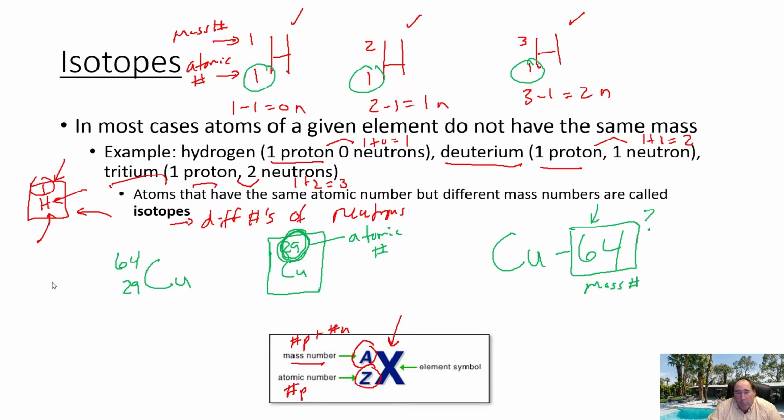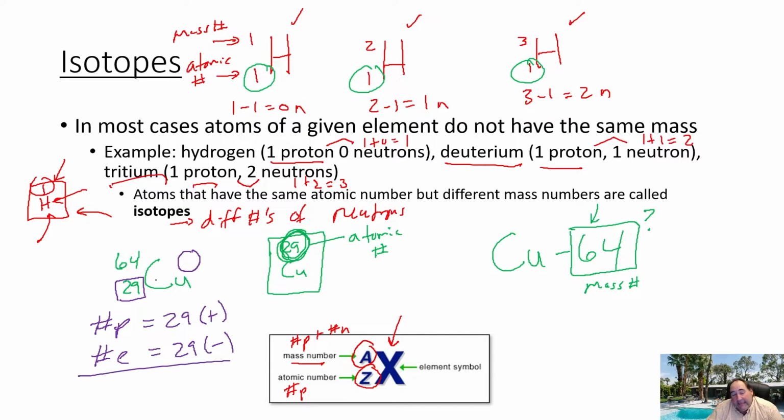And that means if we wanted to figure out for this particular example, the number of protons would equal 29 in this case, because that is the atomic number. This thing right here has nothing written in the upper right corner, which basically tells us it is neutral. So as we've been talking about, that means that I need to have an equal number of negatively charged electrons, which gives me an overall charge of 0.